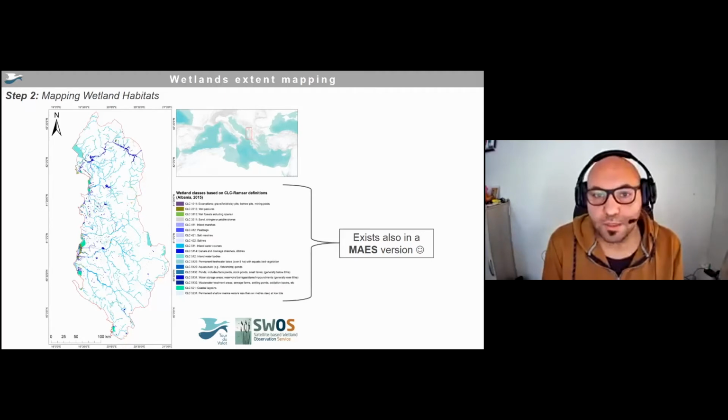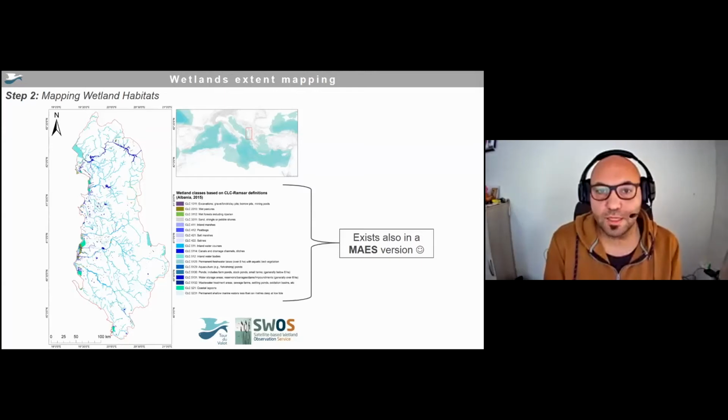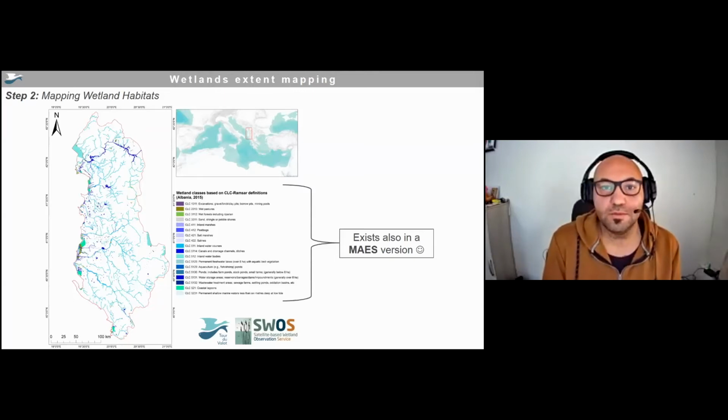So at the Mediterranean scale, some countries were already very well advanced in gathering this information. We'll see also later with Thanos on the Mediterranean islands that we already have this baseline. We already have this information on wetlands location and main characteristics. And the next step should be now to use this information for implementing conservation and restoration actions. But unfortunately, in many other countries at national scale or even at some regional or local scale, this information is lacking and missing. So the priority now is to have